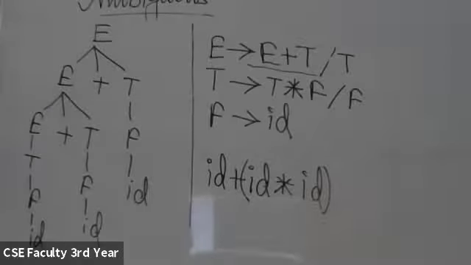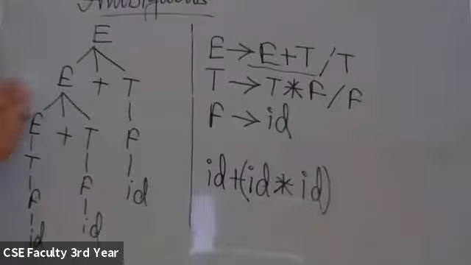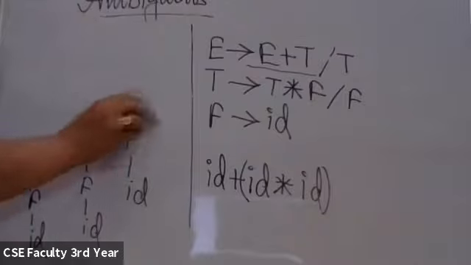So two small points you can note down. First, for associativity, we look for the recursion, that is, whether the grammar is left recursive or right recursive. And for priority or precedence, we look for the level. That is what we look for. Okay, now let us move on to some other examples that will make it clear.